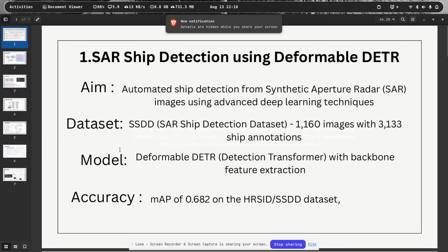Hi there. So our project is SAR ship detection using deformable DETR. This project is inspired by a research paper on SAR ship detection using deformable DETR. They proposed a model called deformable DETR, which is a detection transformer with backbone feature extraction. The aim of this project, or the research paper, is automated ship detection using synthetic aperture radar images using